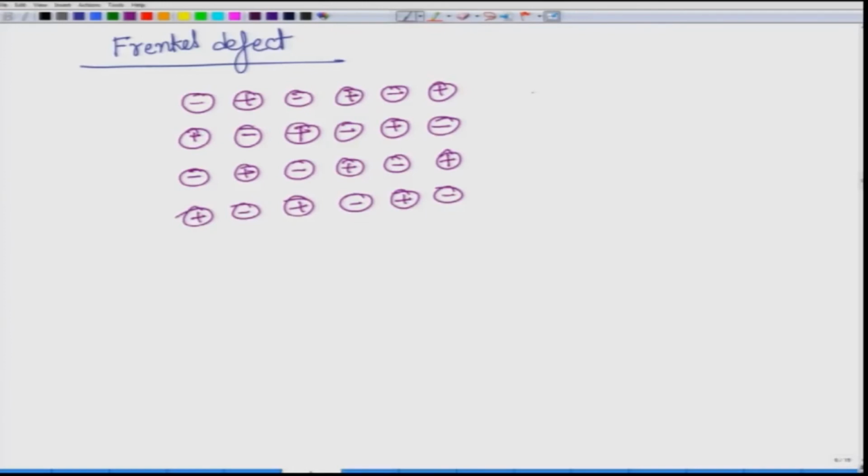A Frenkel defect is when cations, which are the smaller of the two, move to interstitial. So, here again we are talking about interstitials. How does that happen? Let us see something like this. Let us say this is a cation and it moves to interstitial, and here I have shown it a little separated away, unlike the ones in the self interstitial, just for clarity of the picture.